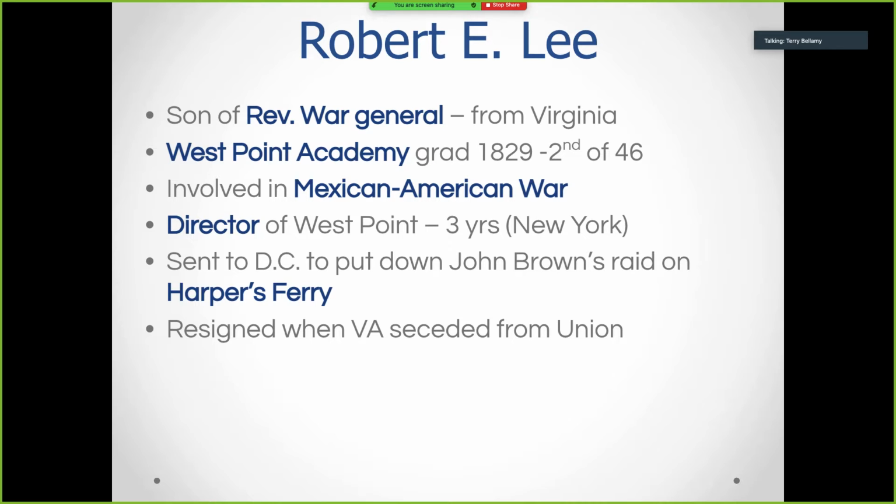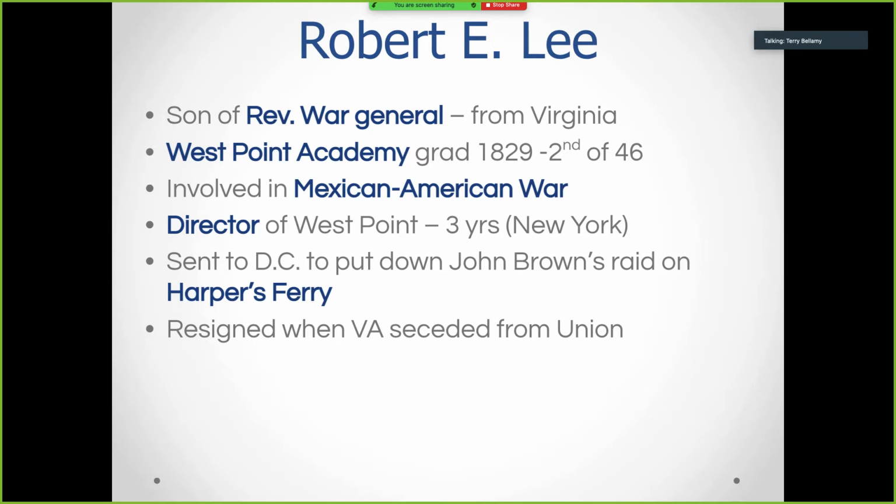So at a military academy, if you do something wrong, you get a demerit. So if you don't have your uniform ironed properly, or your buttons aren't lined up, or the brass on your buttons isn't polished, the instructors come around and give you demerits, and you lose ranking. So to be number 2 means this guy is really good.